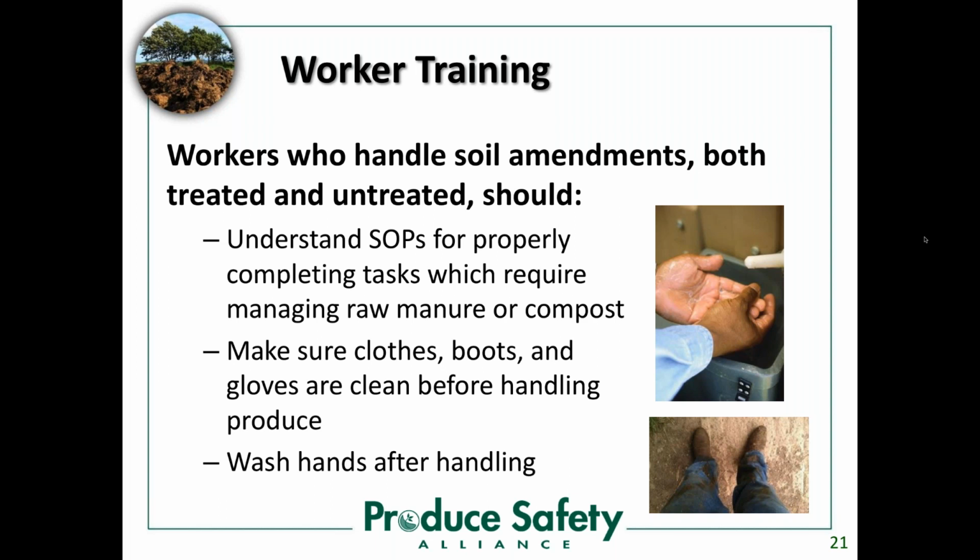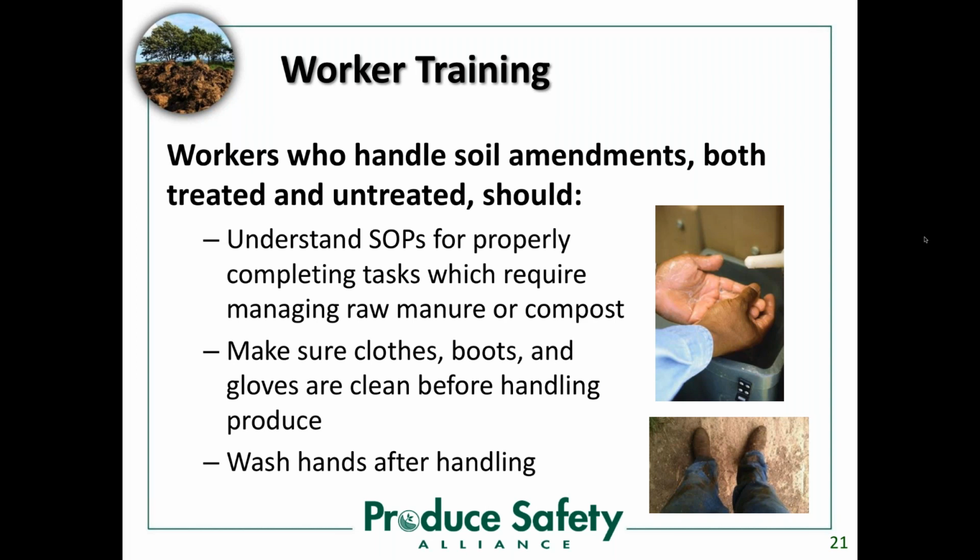So you need to have standard operating procedures for properly completing tasks which require managing raw manure or compost. What does this mean? That means you need to provide resources to the workers so they can do their job properly. Like what? Additional clothing worn during produce handling. Gloves, overalls, aprons should be kept clean, changed when they're dirty, and prior to entering packing and produce handling